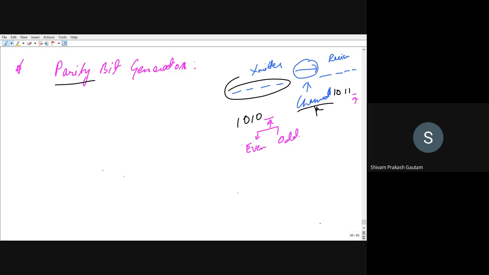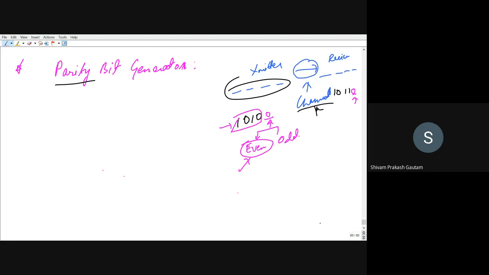And what is even parity? If the number of ones in the data is even, then you want to keep the number of ones even. Suppose the number of ones right now is 2. If you add 1, then the number of ones will become odd, but if you want to follow even parity, then you have to add a 0. So we will receive 0 at the receiver end as well.